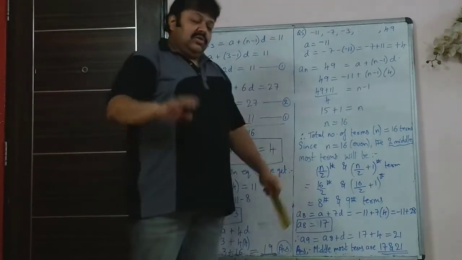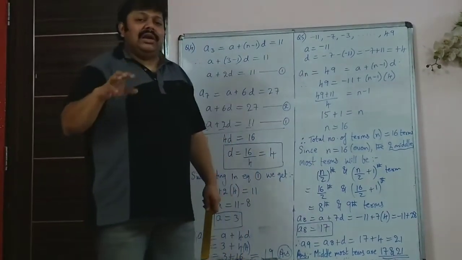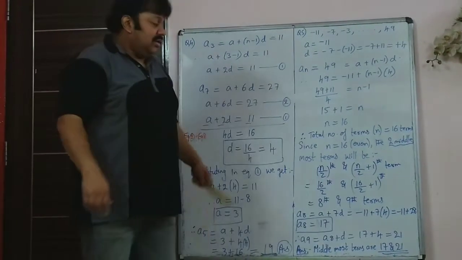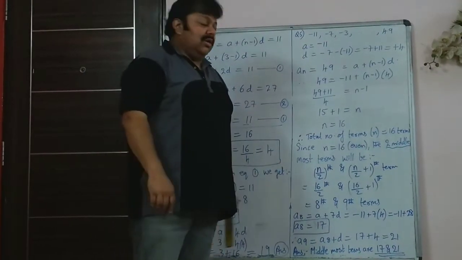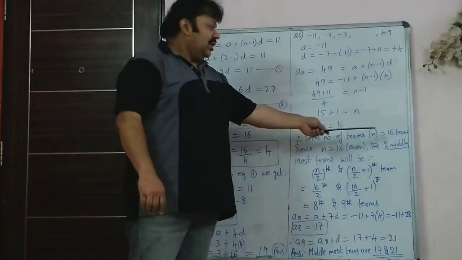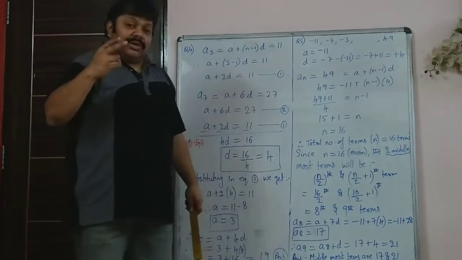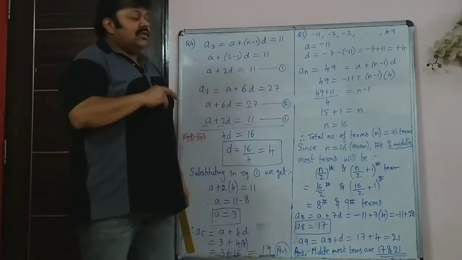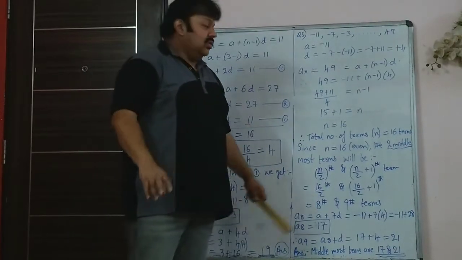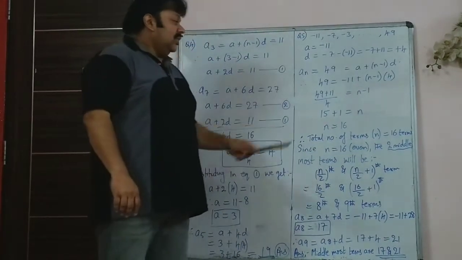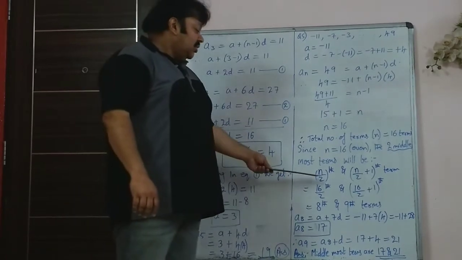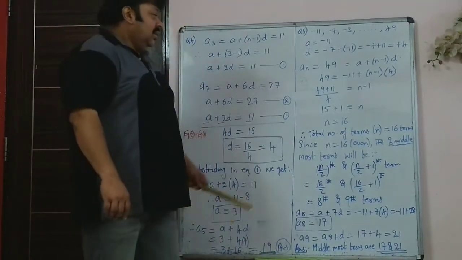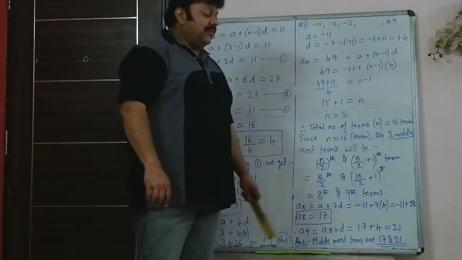Now, same way like you found the median in your median chapter where you had non-ogive sums to find median, you have the same formula. n is even, so there will be two middle terms, but here you will not find the average. You will just write the two middlemost terms are so and so. Why? Because you are given there are 16 terms, so the 8th term and the 9th term both will be the middle terms. Now you have to find what is the 8th term.